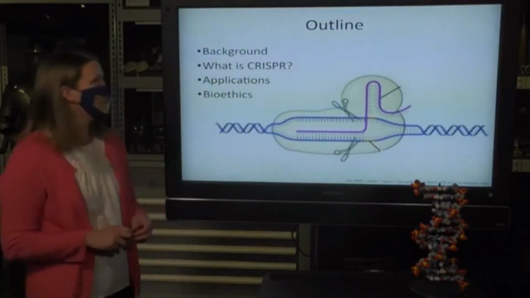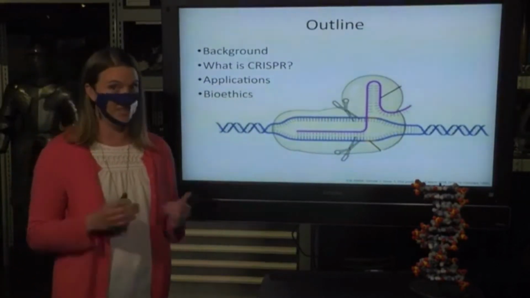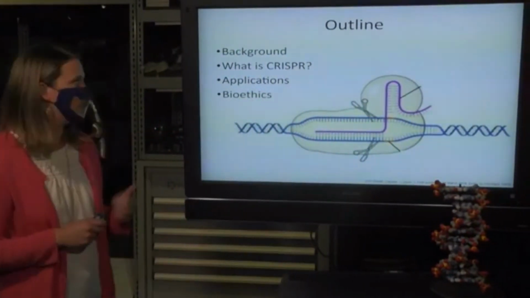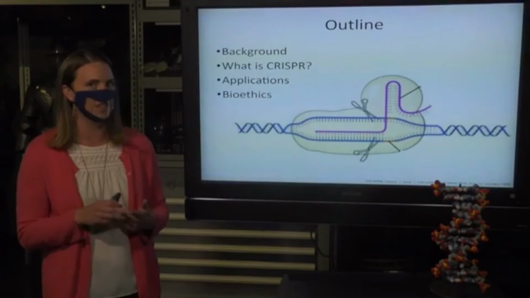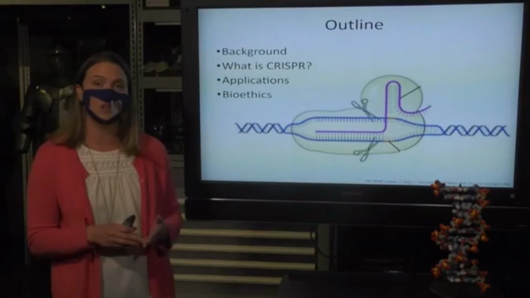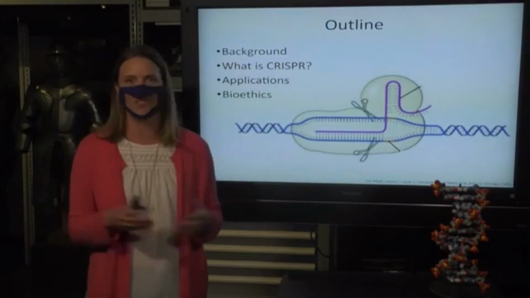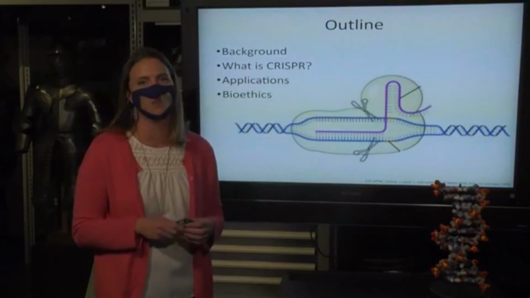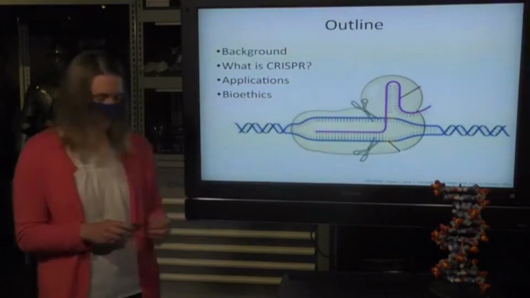Okay, so here's an outline for what my talk's going to be about today. First, I'm going to give you a little background about genetics, just to get us all on the same page, some keywords that you're going to want to keep an eye on for my talk. Then I'm going to tell you a little history about where the inspiration for CRISPR came from, and then what the technology is. So I'm going to make you wait a little while to get that information. Then I'm going to tell you some applications. What can we do with this technology? How are we using it? Not me personally, but how is society using it, researchers in medicine? And then finally, I want to start the conversation about when should we use CRISPR and when should maybe we have some restraint?